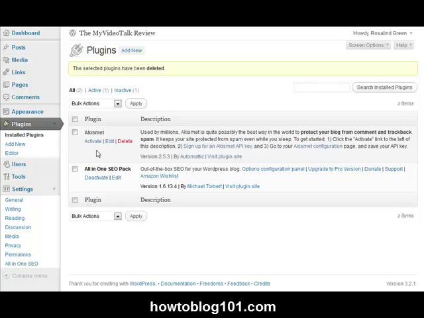I remember I had a blog when I didn't have Akismet activated, and I had hundreds of spammy comments that weren't even real people. If you ever notice the emails, they don't even have real names. They're just really crazy stuff. So what you want to do is activate this, but in order to activate it, you have to have an Akismet API key. So right here where it says sign up for an Akismet API key, you're going to click on that,